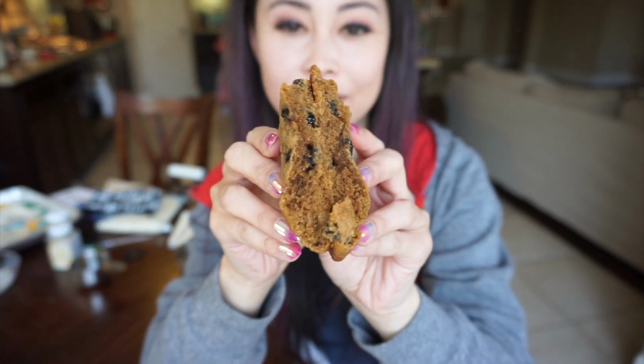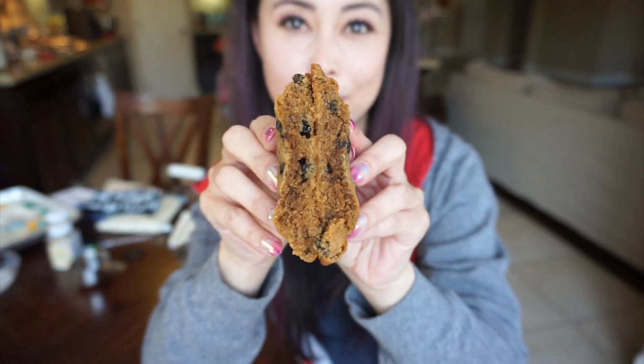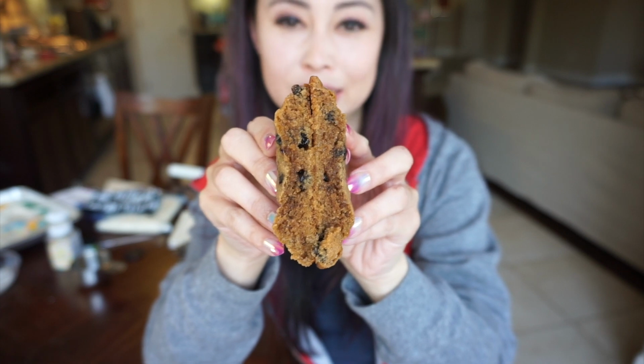look at that. They are nice, soft, fluffy, moist, absolutely delicious. And if we chomp into one, I want one with pearls in it. It's actually very confusing for my brain